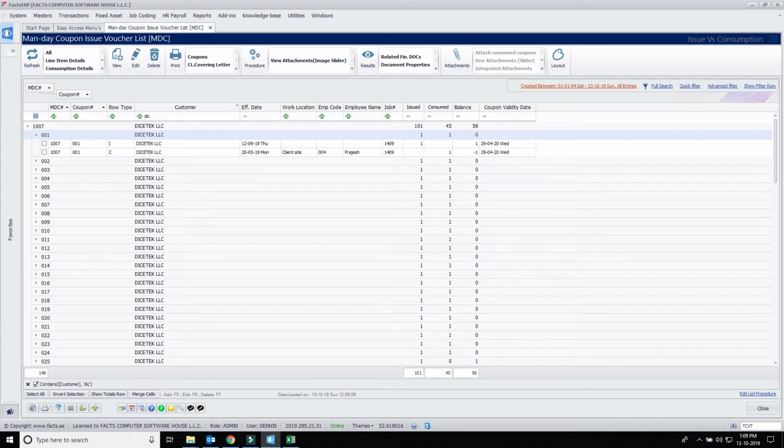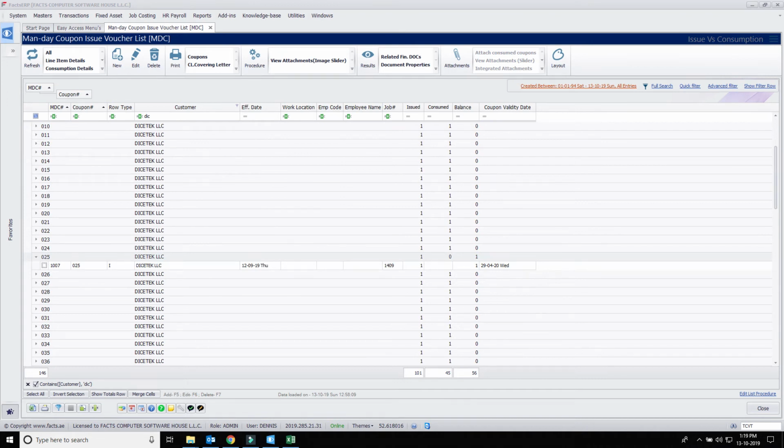Okay, now there is another mistake, like our employee collected that coupon from the client side, but he did not produce it or hand it over to the secretary so that she could scan it. Such mistakes are also identified here because the client is supposed to issue coupons in a sequence, correct? Because you are stapling and giving, so he will tear off the one on the top. Yes. Whenever there is a 0 here, see for example in this particular case, coupon number 25 is not consumed.